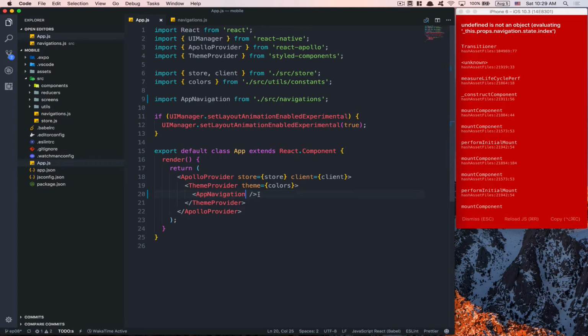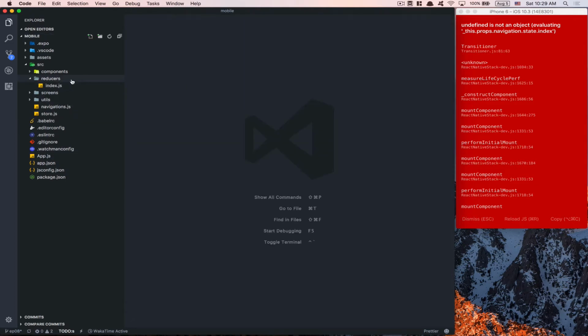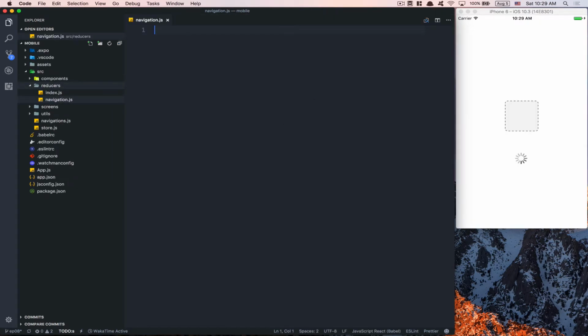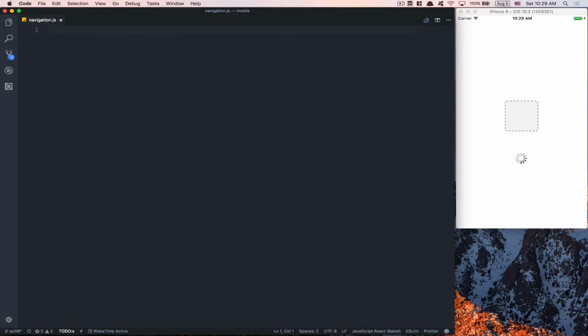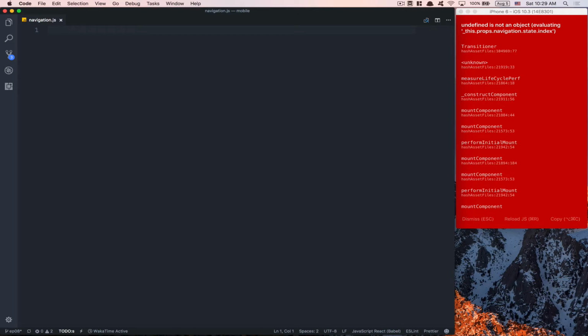Now it crashed because we don't have the nav reducer. So how are we going to do this? Go inside the reducer folder, create a file called navigation, and this is where we're going to plug everything about the navigation. In this code, again, I didn't create this. It's really coming from the docs of